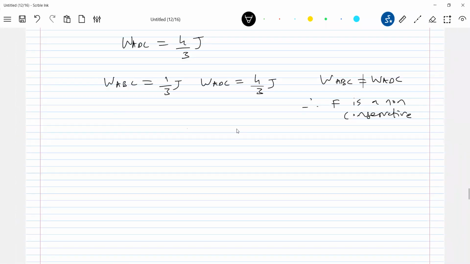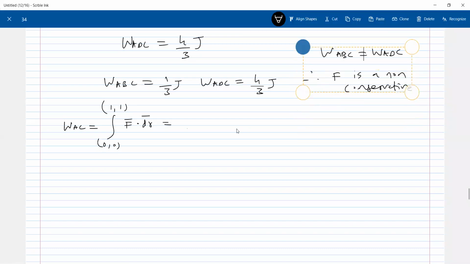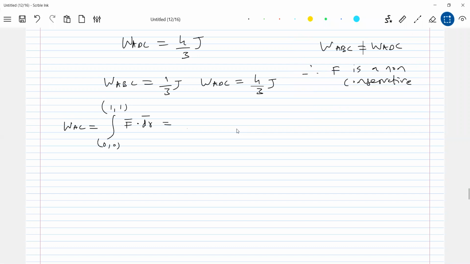Let's come back to this one. So the work done along the path AC we will calculate. What is the path? From 0, 0 to 1, 1, the integral of F bar dot dr bar. So strictly they have given a path for us. So what is that path? Shall I say I'm moving along one straight line? This is again very important for you. I'll draw the respective diagram. You can see 0. There's a point C. This is A, no? And there's a path.